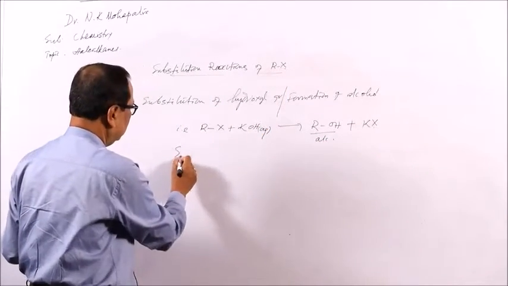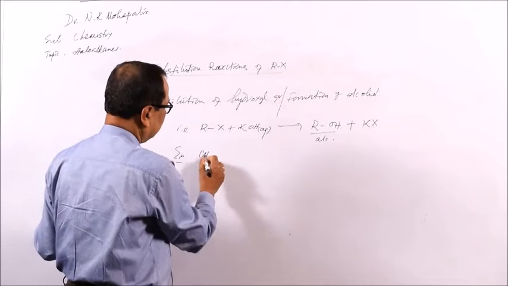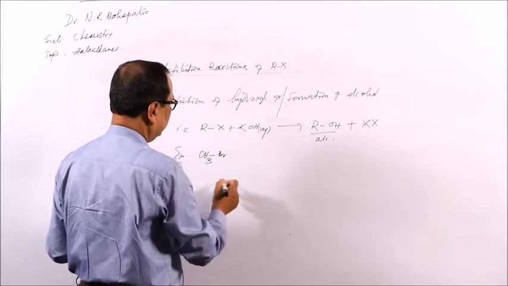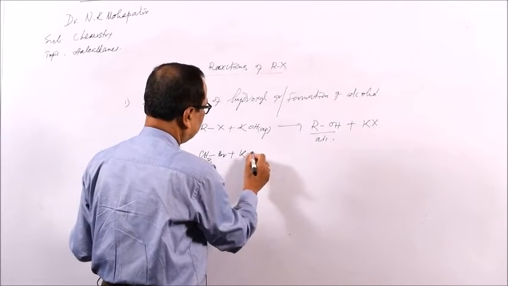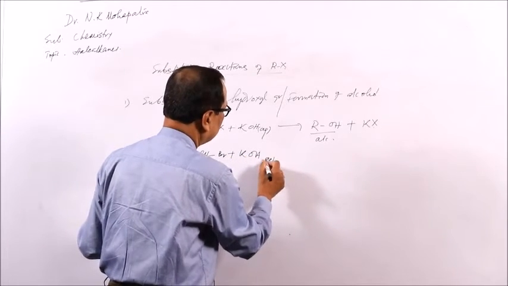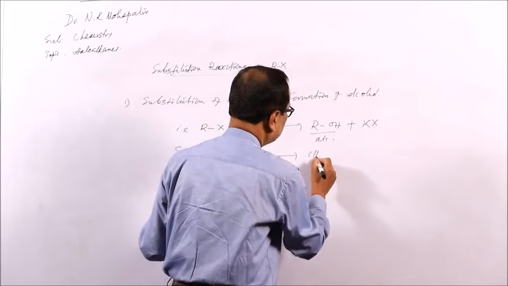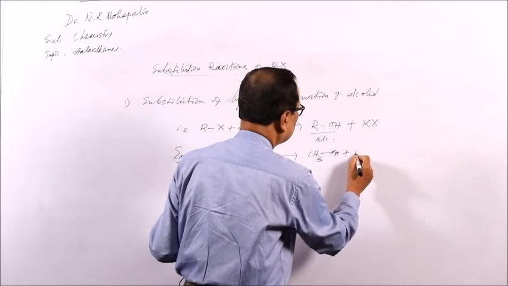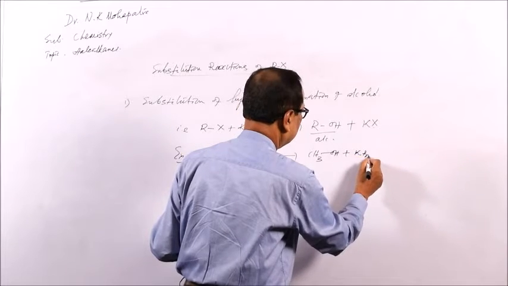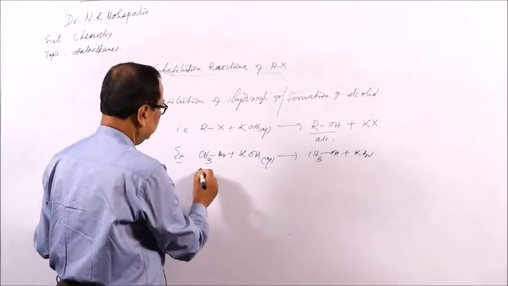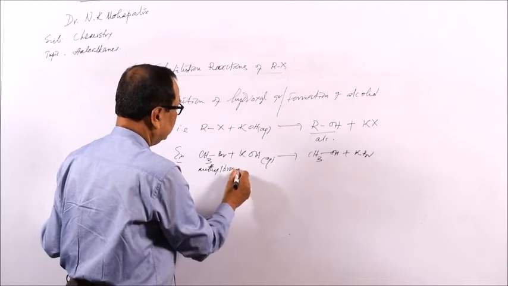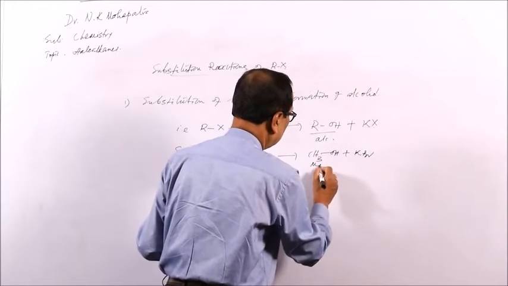For example, we can say CH3Br plus potassium hydroxide aqueous, we get CH3OH plus potassium bromide. So methyl bromide gives you methanol or methyl